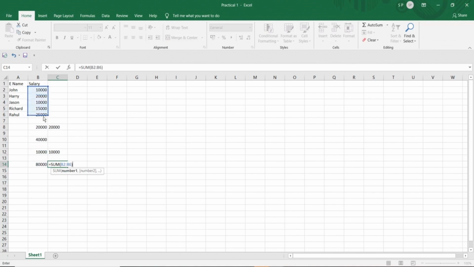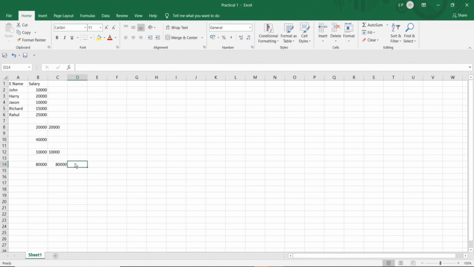Okay, now select all the cells which you want to calculate. Now here you see that the AutoSum function has only taken care of the entry and exit point. So B2 is the entry point, which is the first cell, and the last cell is B6. Okay, so it is going to calculate from cell B2 all the way up to B6. Right, hit enter and you will find your answer, and you can see both the answers are same, which means